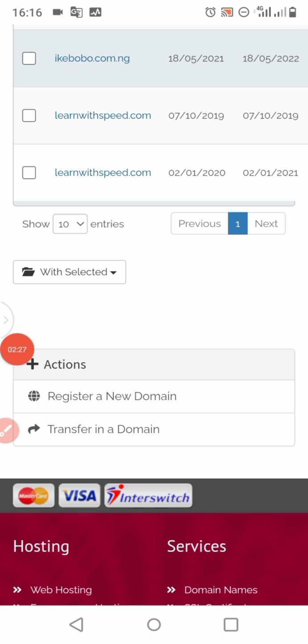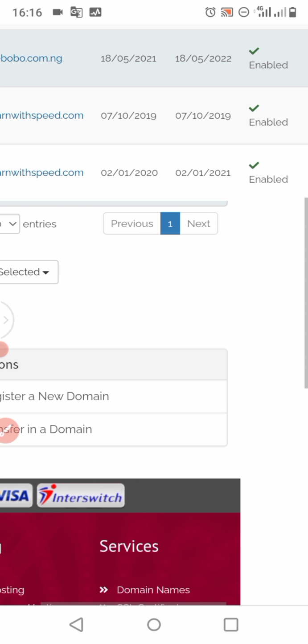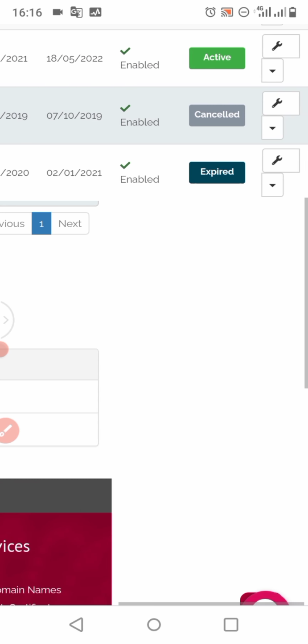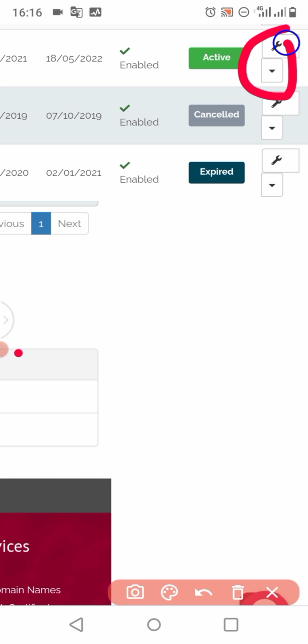As you can see now, these are the two domains that have moved to another registrar, but this ikebobo.com.ng is still with them. So on this particular place now, you drag from right to left. You are seeing it, right? Then once I get here, you get here. You are seeing it, right? Once I get there,